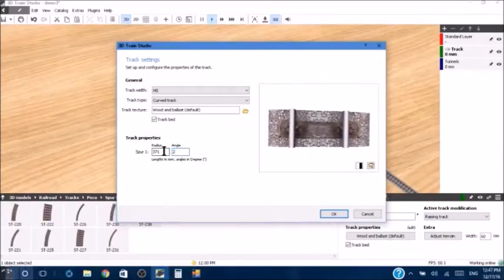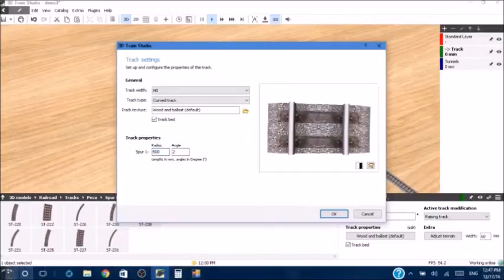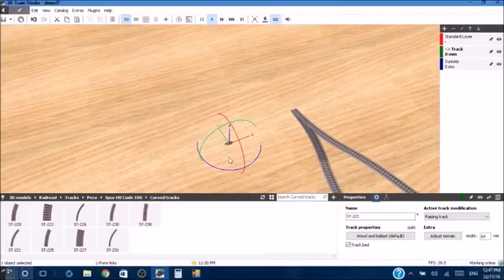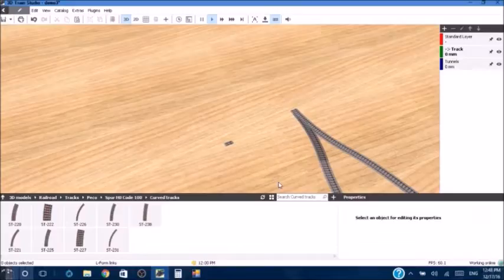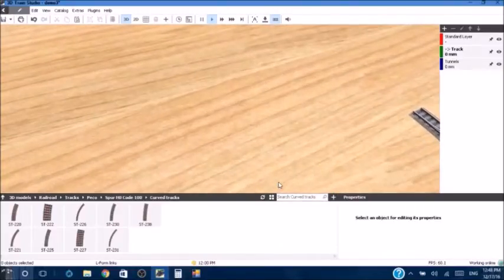And then we'll go ahead and change the radius to, I believe, about 500. And we'll go ahead and click on that. Now it wants the name for this track to be called SG, so we'll change the name under name to SG. And then we'll go ahead and move this SG track